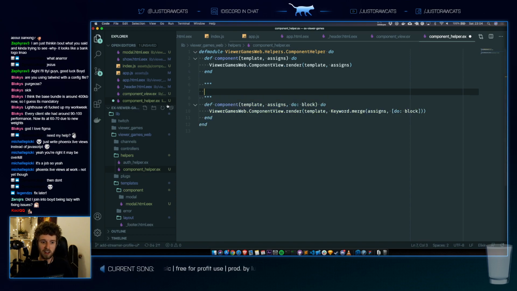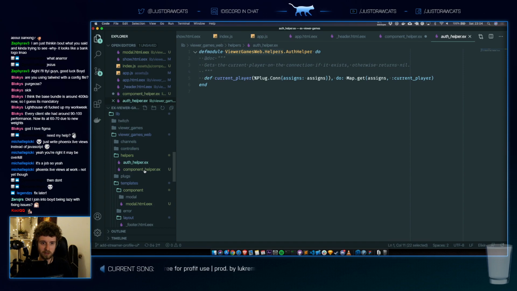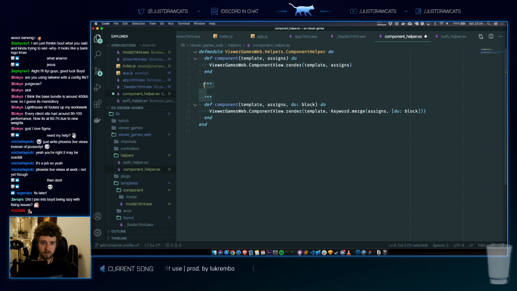How do I do comments again? I haven't worked with this enough. Doc. Oh, here. Allows renders a component template with extra params and a block.